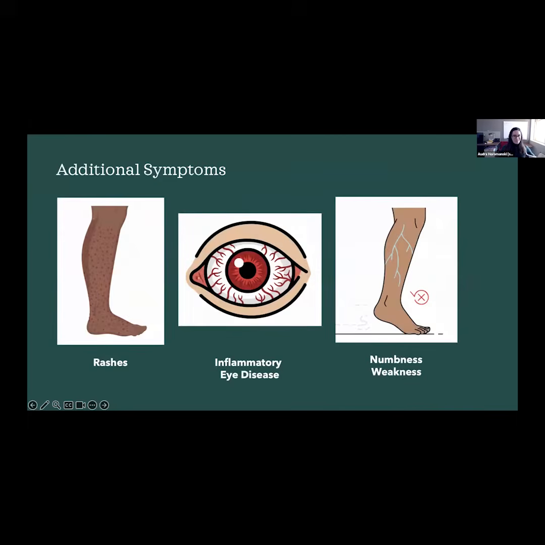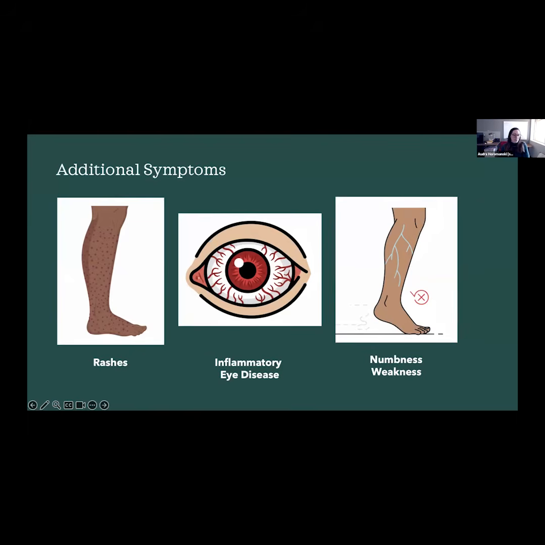There are a lot of other additional symptoms which are associated with GPA. Some people will have skin disease. Rashes in GPA are relatively common. They're typically what we call petechiae or purpura, which are dark red to violet appearing, either very small dots or larger, more confluent patches, where a lot of the small dots come together. They are usually on the lower extremities, the legs, but they can affect the whole body. These types of rashes are more common when the disease is more active, of course.